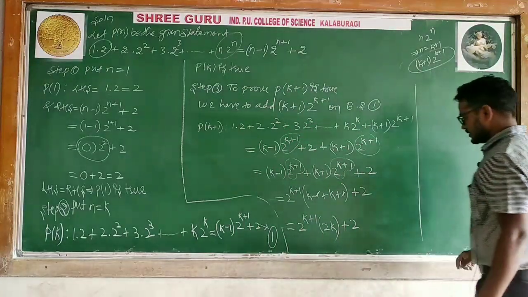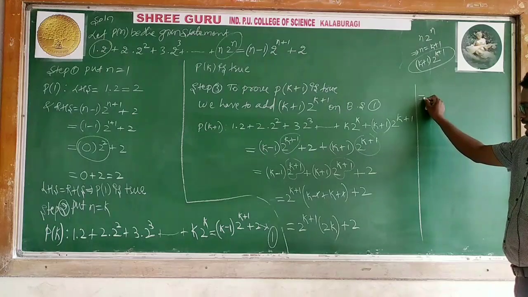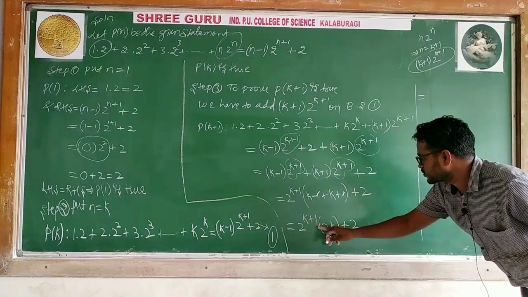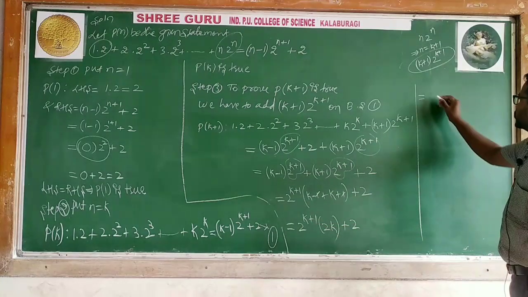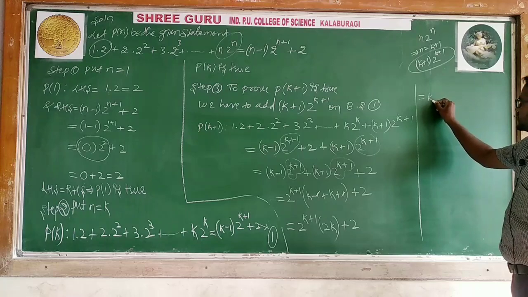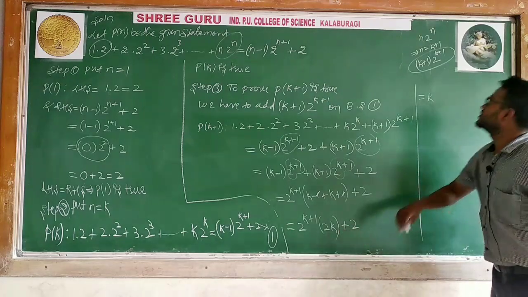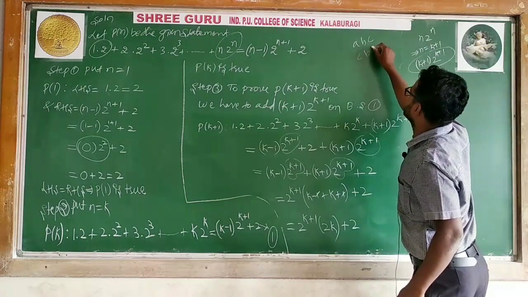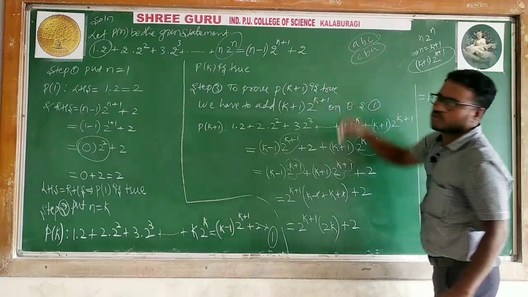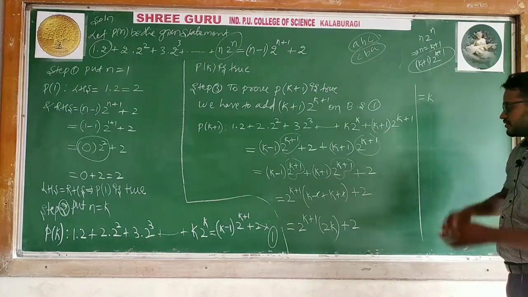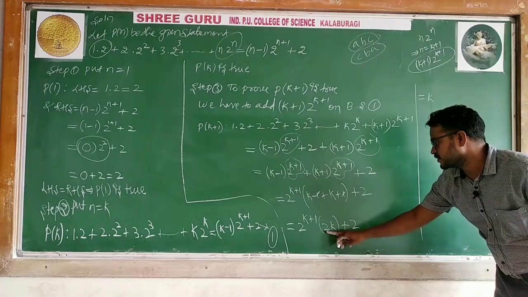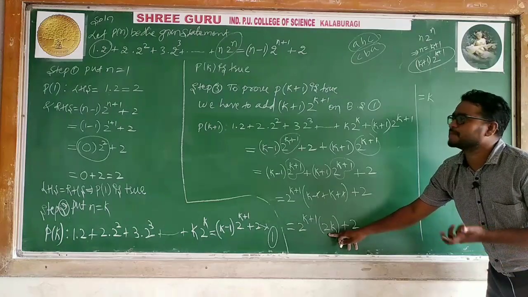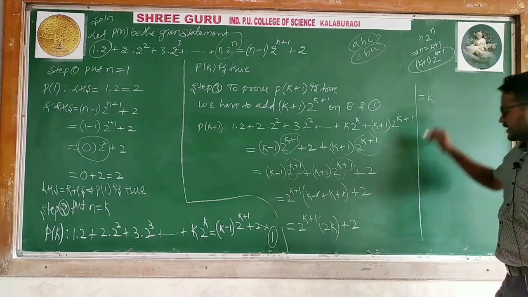Listen to me. I need some space. I will write here. Can I write 2k? Instead of writing 2 to the power k plus 1 into 2k, can I write 2 instead of k first? k first I will write. Means if it is ABC, if you want, you can write CBA. Whatever required form you can write. There is no problem. In the case of multiplication, you can write first, second, third, wherever. I will write k first. Then I will write 2 to the power k plus 1 second, then I will write 2, because you can express in the required form. k I will write first.